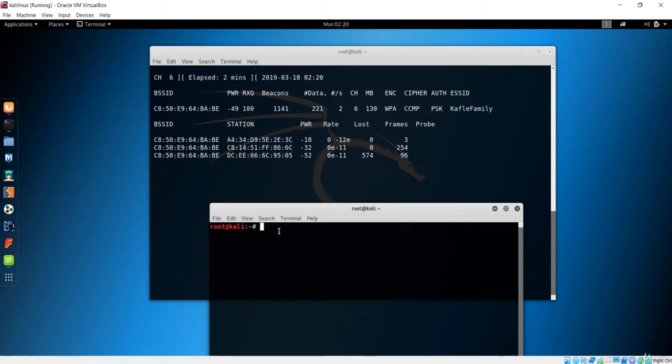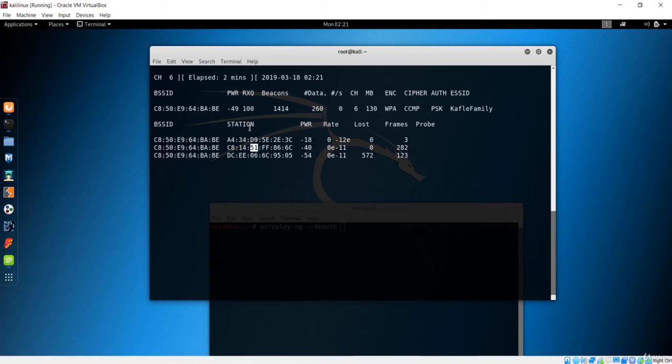So let's use that, and we have a command to do that, so let's see how we can do this. There is aireplay-ng, which is a very powerful tool. Now we have to use this de-auth command. This de-auth is going to disconnect any station right here for some time. So let me see, I want this to be disconnected for some time. Let's copy this, because this is the station. And now before that, okay, let me open it.